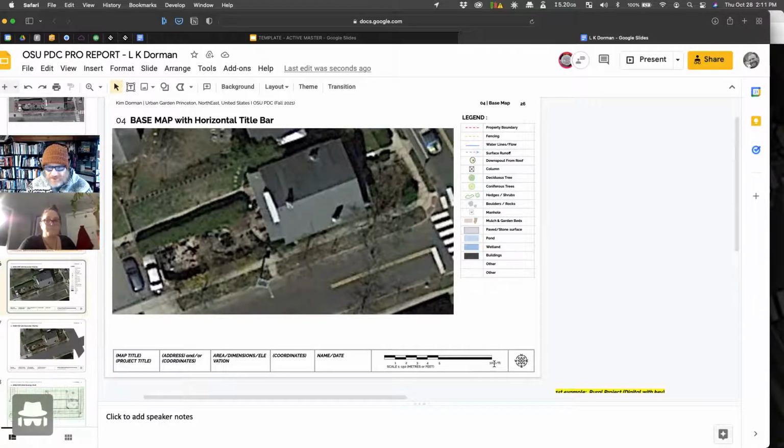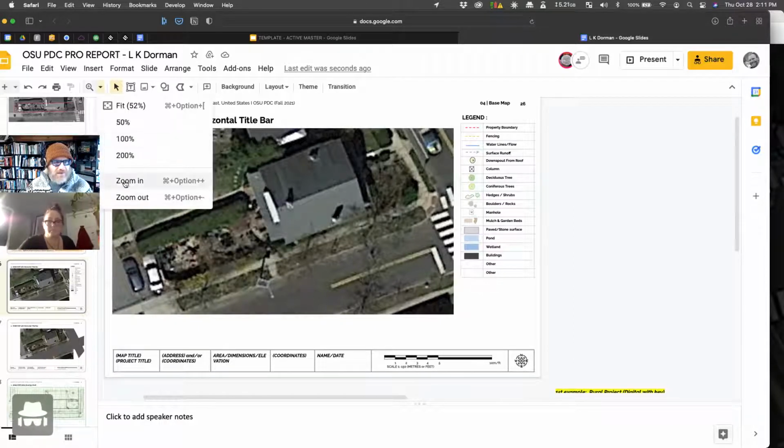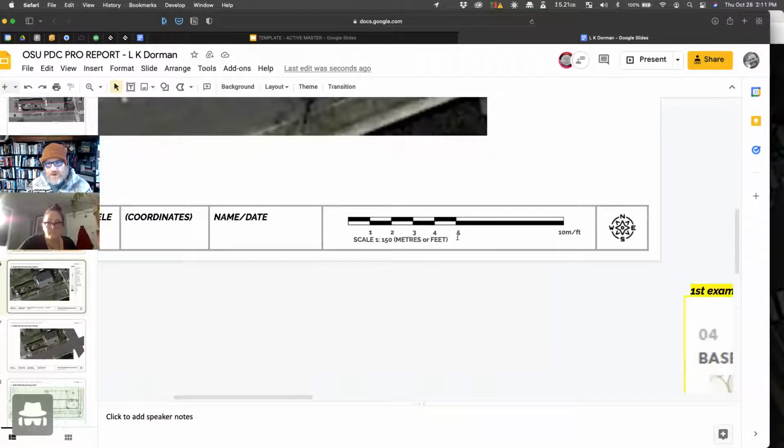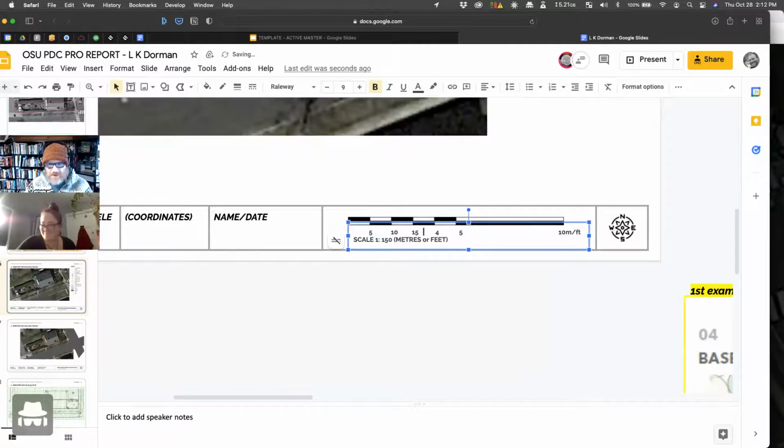What we didn't do is go down and change our legend. So we're going to zoom in. Go down here. We worked this out as 50 feet. Half is 25. 5 intervals are going to be 5 feet apiece. So that'll be 5. Well, wait a second, that's not true. 10. Oh, yes, it is. 15,